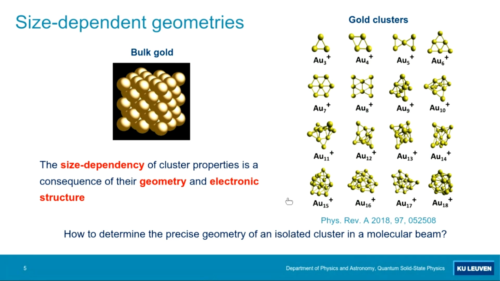The issue here is that one easy way you could think of would be to produce this particle, put it on a surface, and then come with a microscope and look at the way they arrange. But these particles are so small that you will not be able to see them with an optical microscope. You could use a more fancy technique like STM, for instance, or TEM. But then still the interaction of the particle with the surface or with the atmosphere will change the intrinsic way these particles are arranged. And that's what we want to access